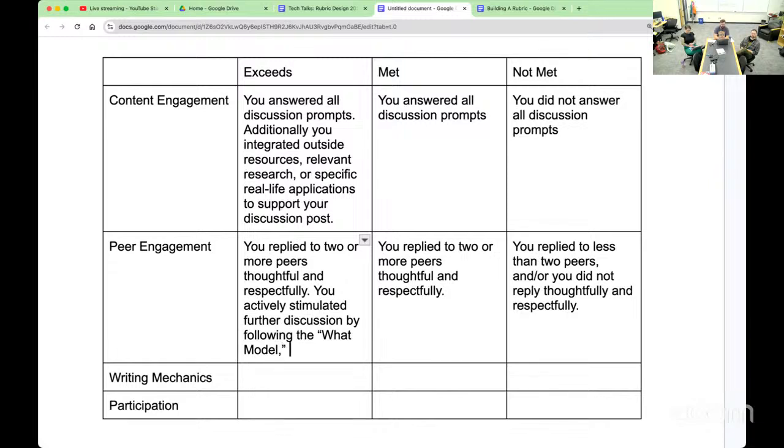I'm also referencing a specific reflection model here, the what, so what, now model, which is a very common content reflection framework. If I were doing this in class, I would probably share that with them on the first week of class: when you're reading our stuff, think about what is it, so what, in other words, why does it matter, and now what, what could you do because of that information. So I'm being specific about that framework. I'm also going to say